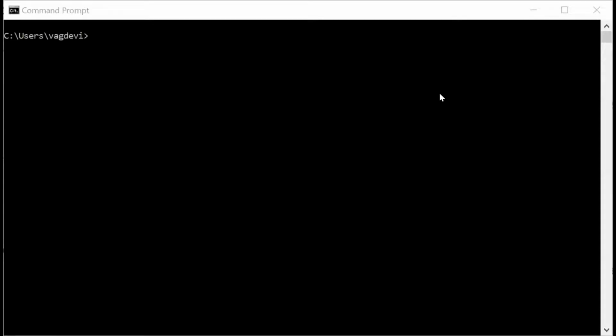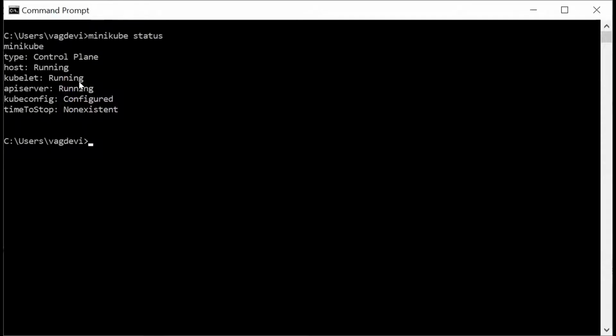Now go to the command line and let us also check the Minikube status again in order to make sure that our Minikube is ready. So it is running. If your Minikube is not yet running, you may start it using the minikube start --driver=virtualbox command. Now we could use kubectl create to create any resource like deployment, service, etc. Now let us create a deployment for the Nginx image.